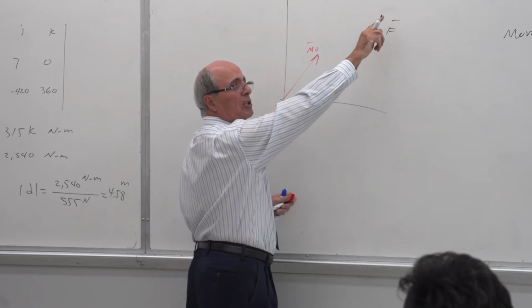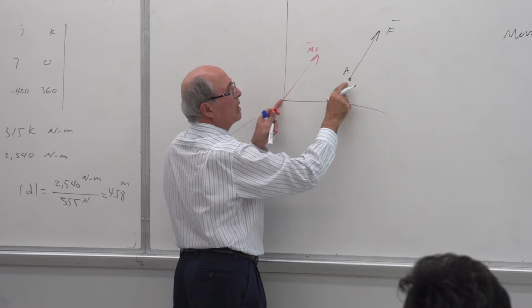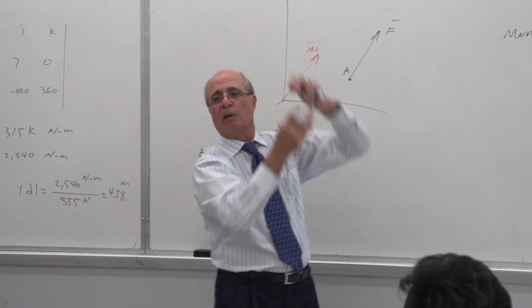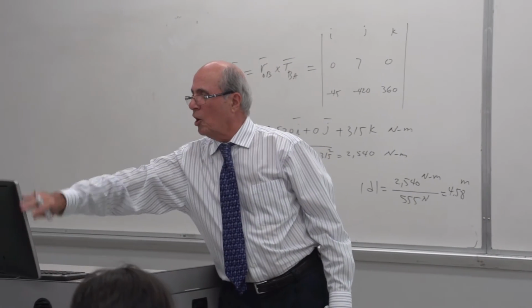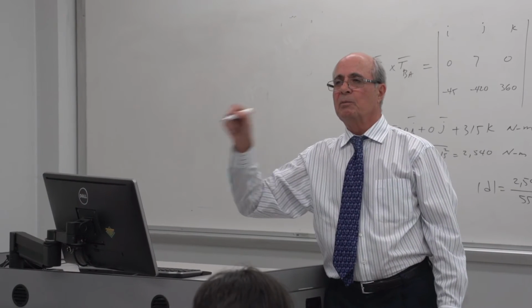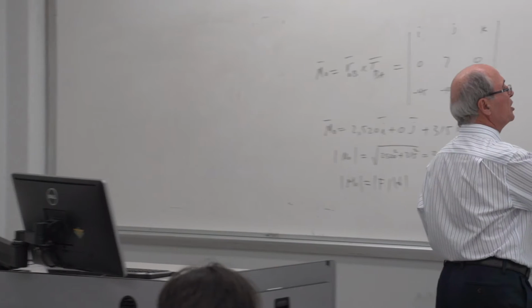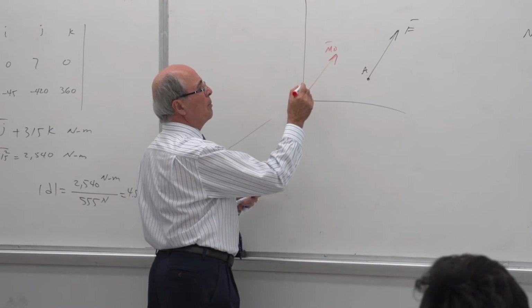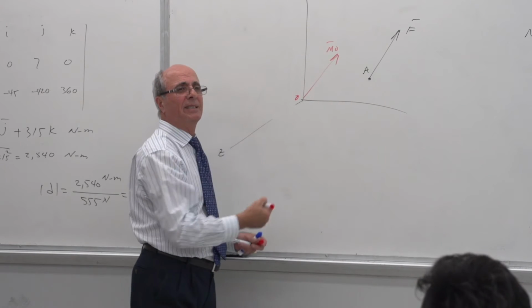The cross product of R and F becomes MO, which is perpendicular to the plane of R and F in space. It's going somewhere. Is that correct or not? Let's say this is the plane. This is R, this is F. The moment is here, somewhere in space. Is that correct or not? But this moment, which is at point O, has three components. We can break that down as we did before, finding Mx, My, and Mz.